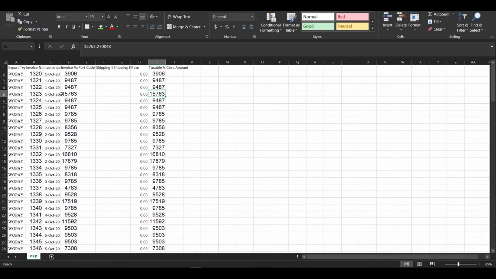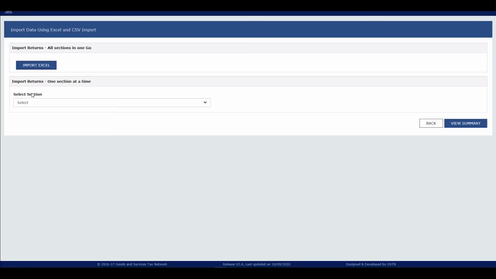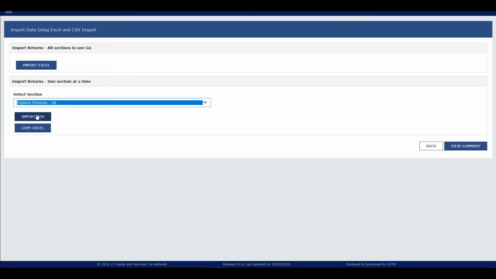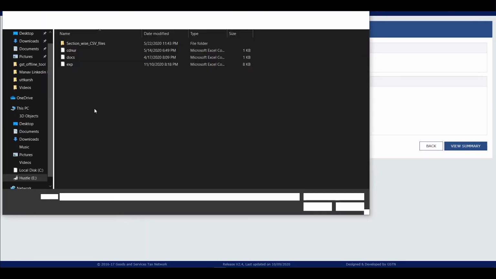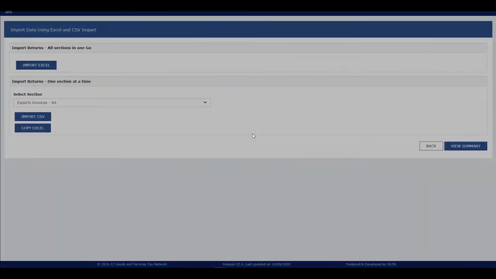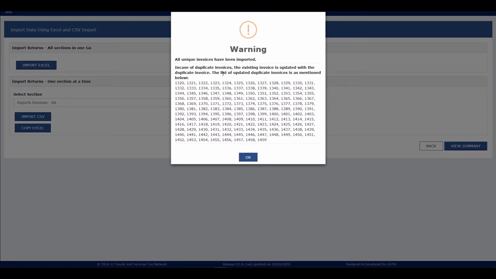Okay, so that's it. Save it, go to the offline tool, import section, click on EXP, export invoices, import CSV. Just click on EXP and open and click yes. These have been imported. I had already tried importing them before, so that's why this warning is coming, but it's fine.